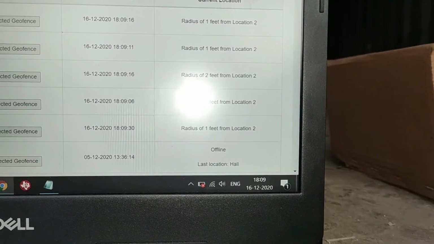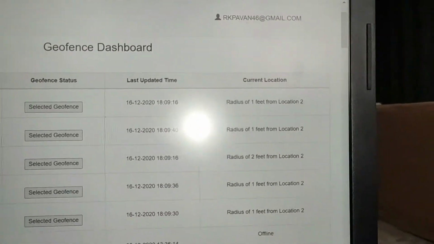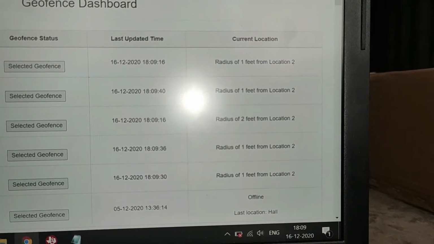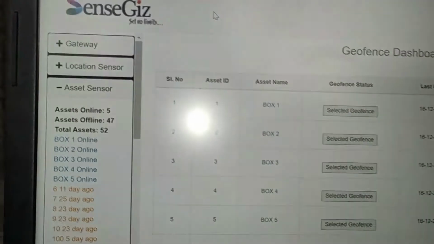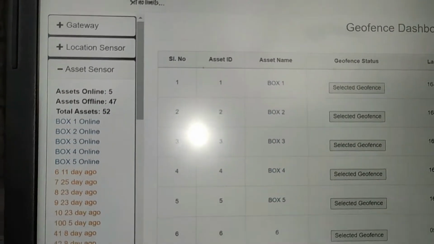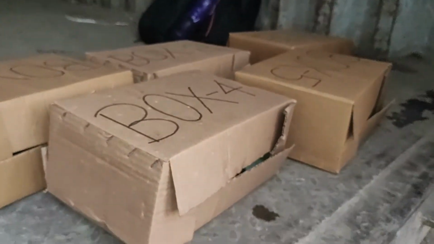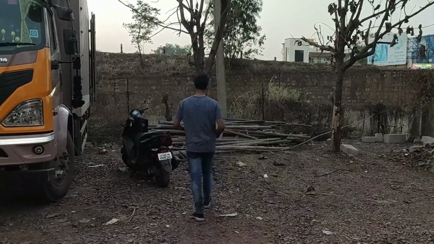Now the time is around 6:09, and now you can see all the finds have currently sent data. All times are around 18:09 only, just a few seconds ago. And as of now, all the 5 boxes are online. So now we will be removing 2 boxes out of these. Boxes 4 and 5 we will be removing. And once we remove them, since the coin is there, it will not be able to detect them, and immediately it will go offline. So now he's removing those 2 boxes out of the vicinity.